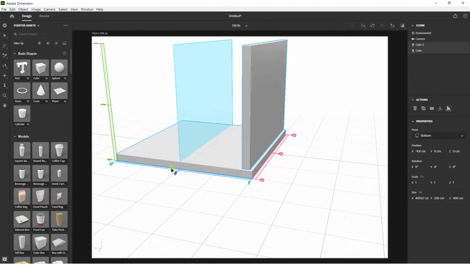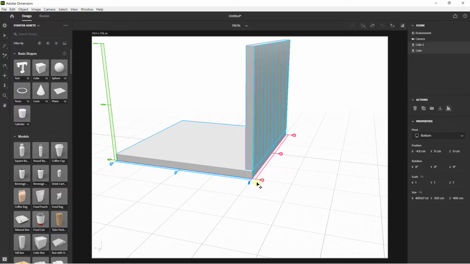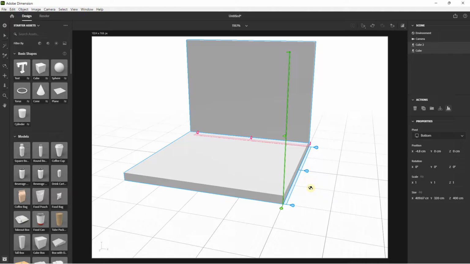Depending on what you want to do, here in this example, I don't need to work on the green axis, but I need to work on the blue axis. Left click here, and on this axis, left click. And take a glance, it is perfect.